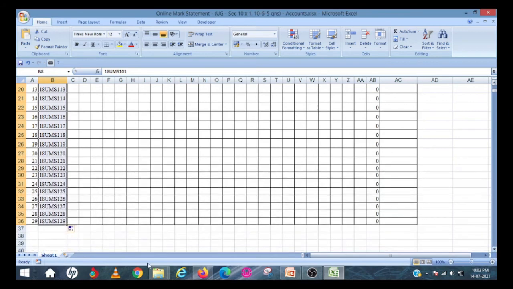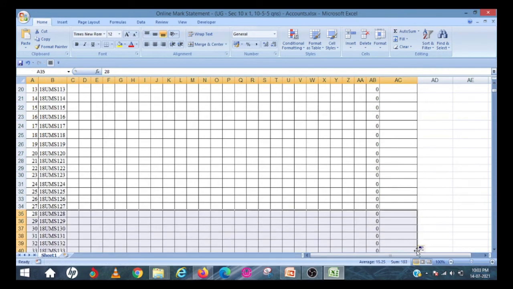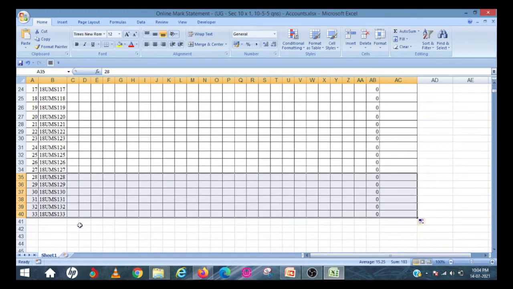What I can do is I can just select these 2 lines and then drag it like this. You can see that serial number is also given, the register number is also continuous, and the formula is also computed, dragged and filled up with the adjacent rows. So you can do it like this.